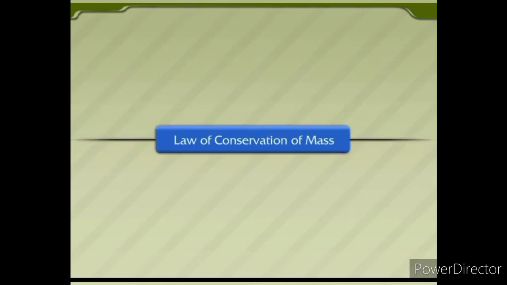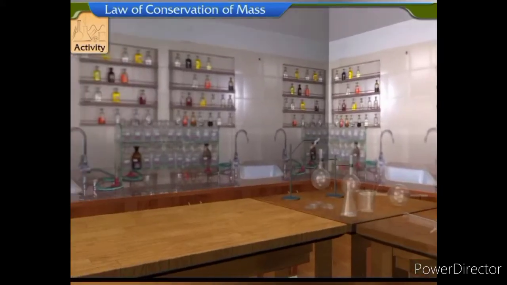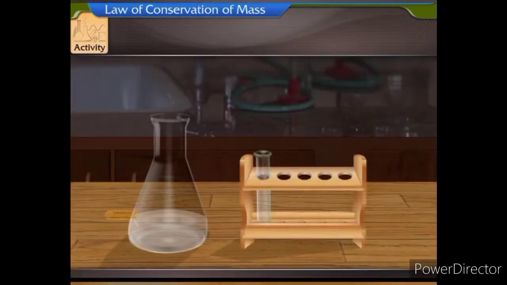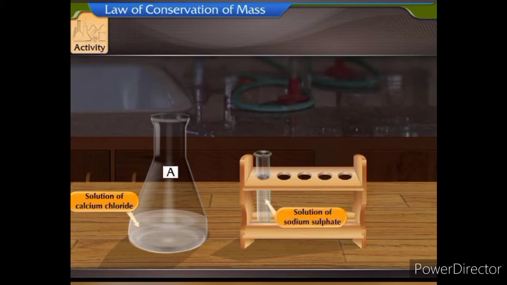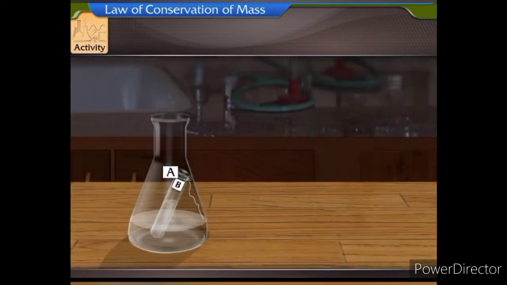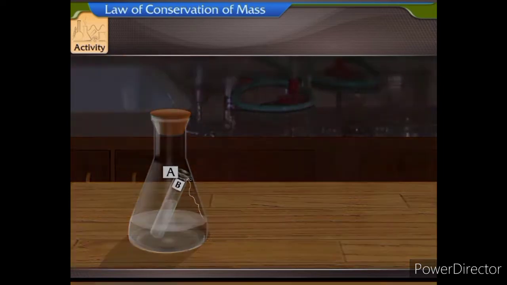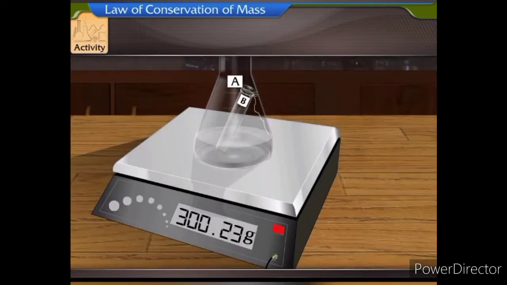Law of conservation of mass. Let us perform a small activity. Take a solution of calcium chloride in a flask labeled A and a solution of sodium sulfate in a test tube labeled B. Tie a thread to the test tube and carefully lower it in the flask. Cork the flask to make it airtight. Now weigh the flask on a balance. It weighs